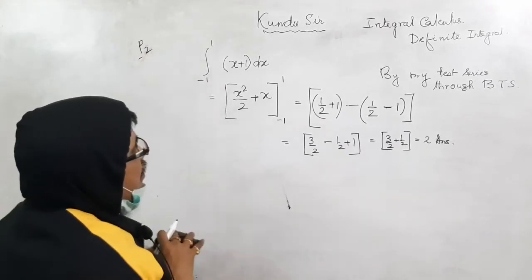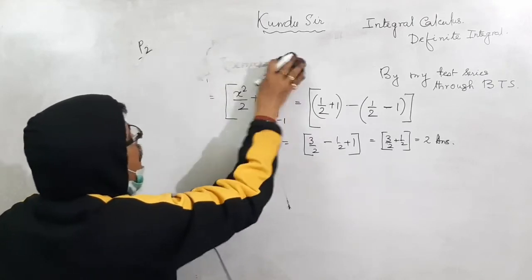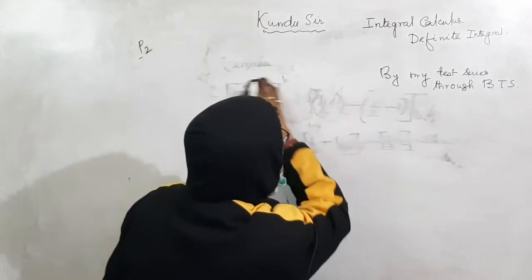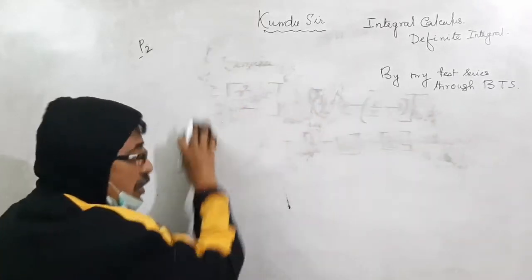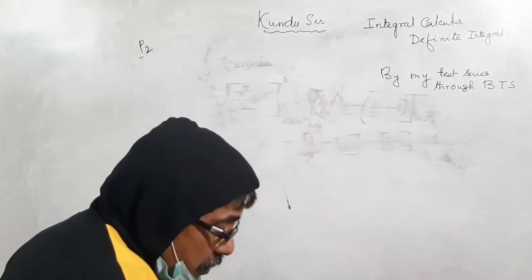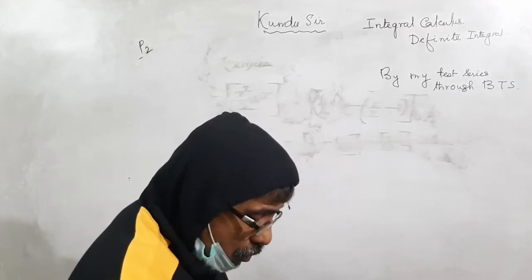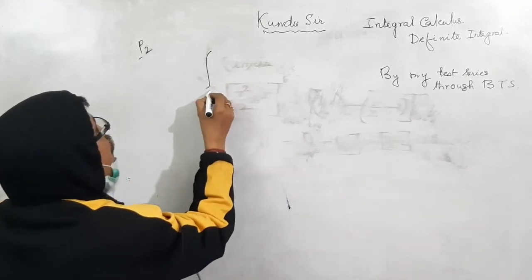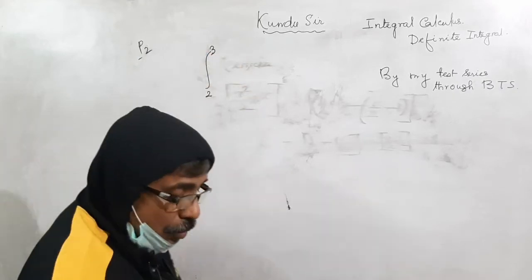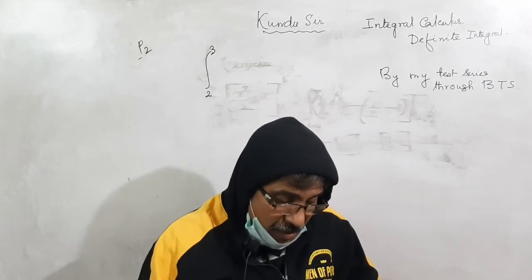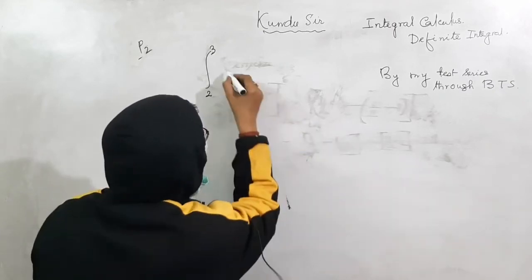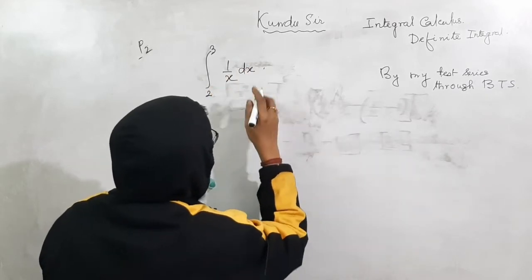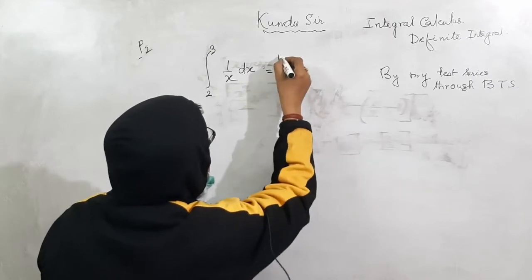Problem 2 is the integral from 2 to 3, lower limit is 2, upper limit is 3, of 1 by x dx. We know the integral of 1 by x